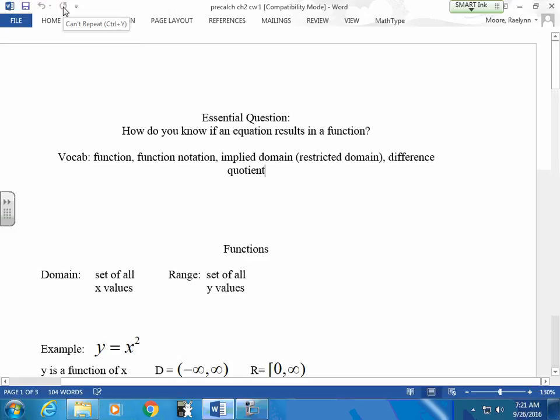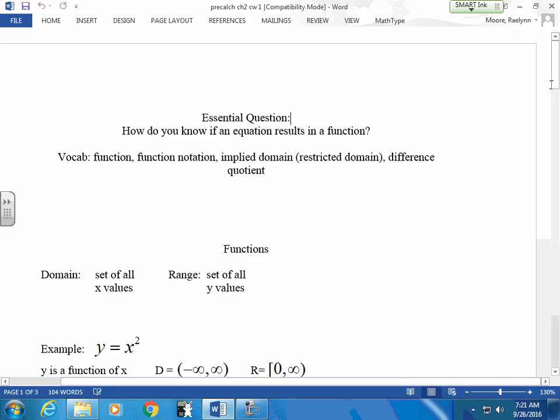Nope. It's any set of x, y things put together. A relation doesn't have to have a rhyme or reason. Things can repeat. We don't care about that. A function is a specific relation, and a function says